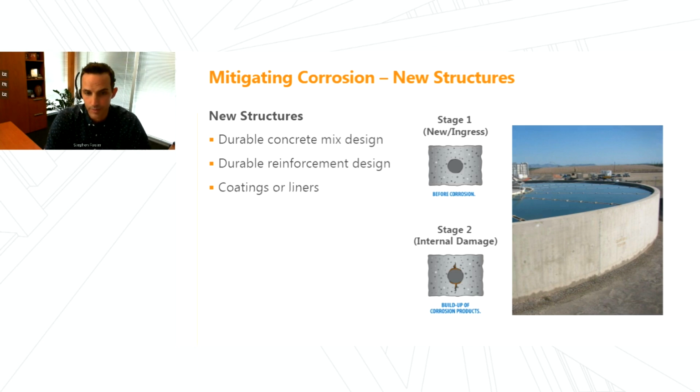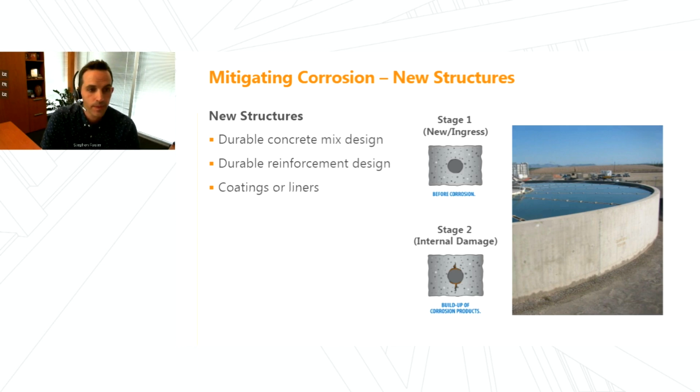And the goal here is to keep stage, kind of stage 1, stage 2, of either no corrosion, or maybe some corrosion starts, but it hasn't led to the point of major surface distress or damage within the desired lifetime. And again, that desired lifetime might vary from structure to structure, plant to plant, depending on the operation and the desires of the owner and what's achievable for the specific condition. Again, certain structure types might have more severe or less severe exposures depending on the process in the plant and